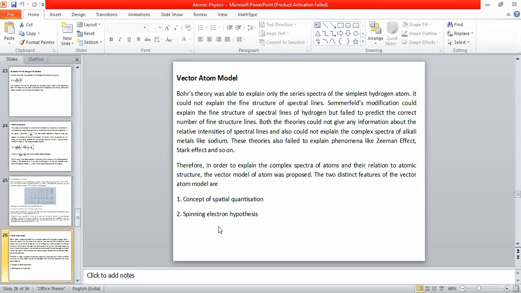So the electron not only revolves around the nucleus in an elliptical orbit, but it also possesses another property called spin. Okay, I would like to give the information that when the planet revolves